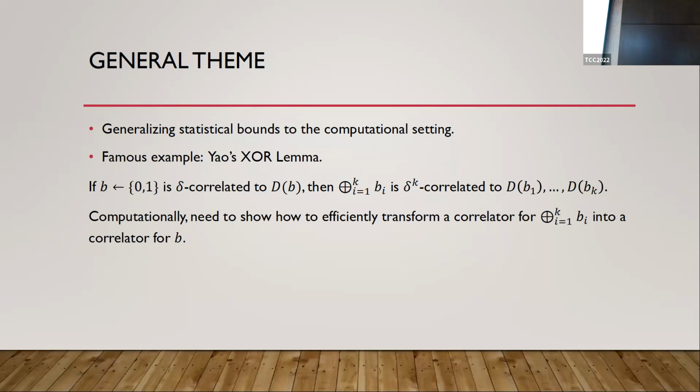Instead, we may only be able to construct an adversary with delta minus epsilon correlation. And we can make this epsilon as small as we want by paying with the running time. So in general, we also care in these types of reductions about the trade-off. We may care about the trade-off between slackness and running time. We will get to it also later.